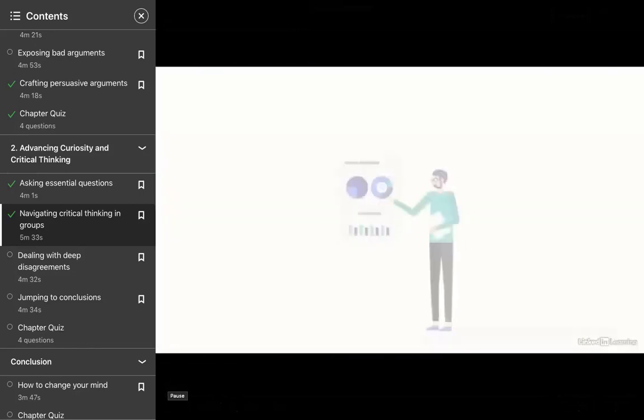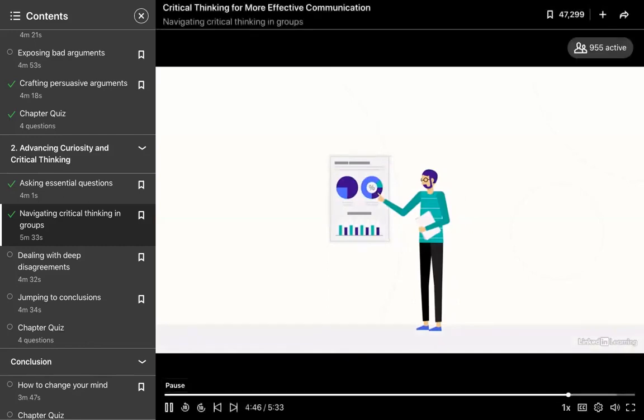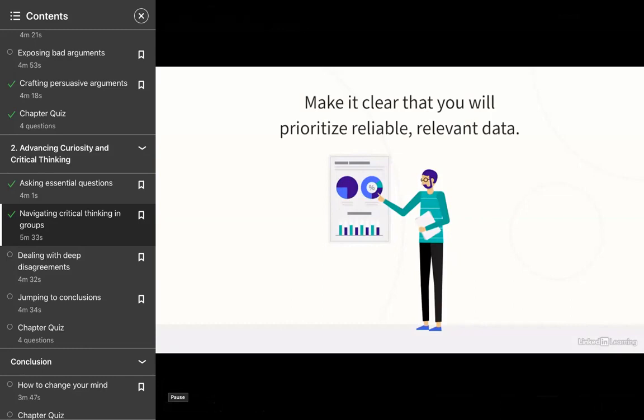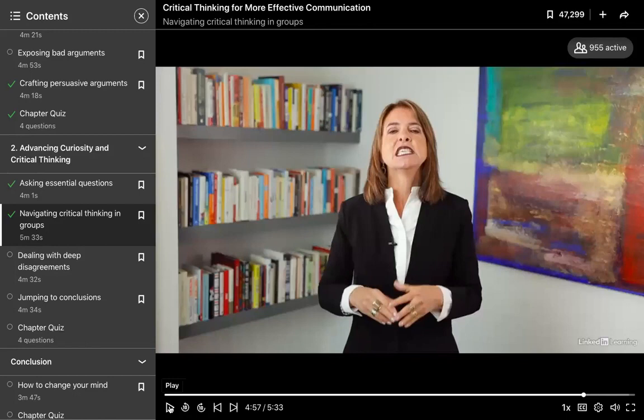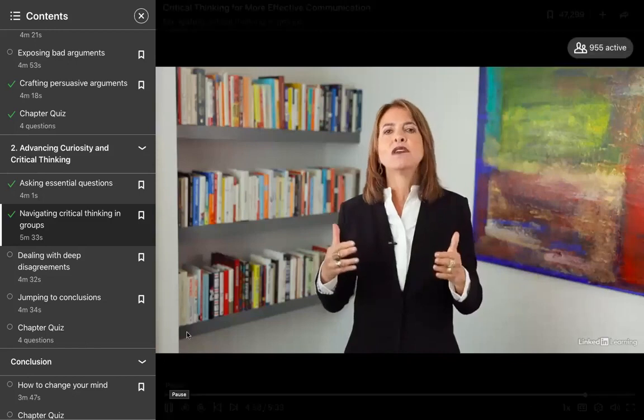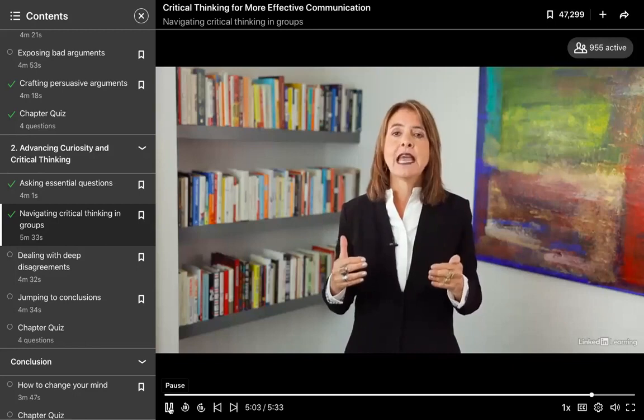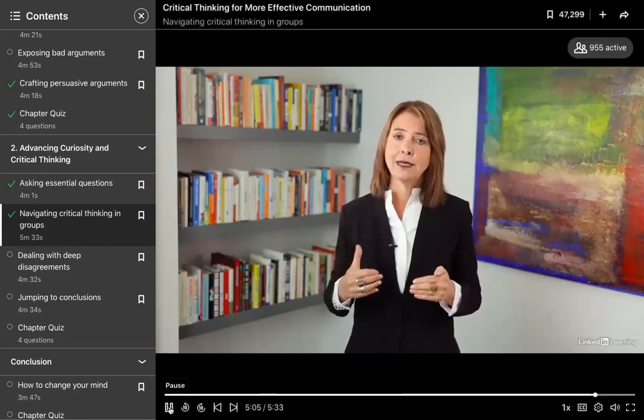When data runs counter to politics and pressure, speak out with persuasive good arguments. So if you think your argument is important to be heard, stand behind your own argument. And make it clear that you will prioritize reliable, relevant data. Because it's not a simple decision. At times, millions and $1 million are involved, right? Despite hours of argument and reams of data, the NASA contractor finally relented and agreed to support the launch.